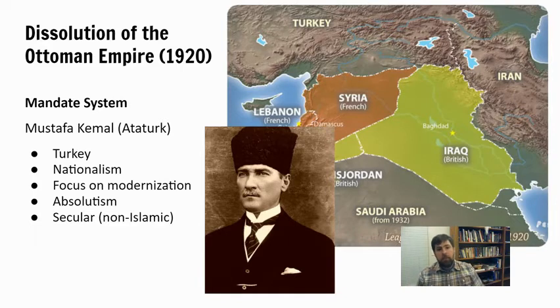Again, you can see that the man is wearing European clothing. He's wearing a suit and tie. And he would, for example, take the Hagia Sophia, which was this celebrated cathedral that had been turned into a mosque, and turn that into a museum. So that's an example of the secularism of modern Turkey. He's trying to move away from Islam and make the government of Turkey a non-religious one in the style of a modern European country.